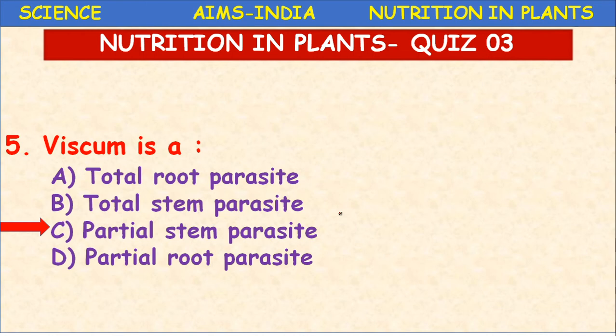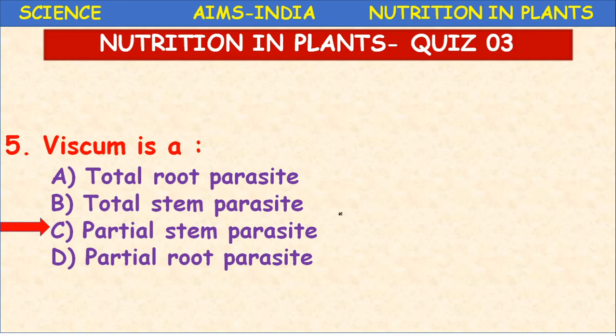Mistletoe, okay, it is a partial stem parasite. So two names are there. For example, Cuscuta is also called Dodar, Amarbel. According to the location and the mother tongue of the people, they have some common names, but the scientific name is unique. Everywhere the same name will be there, but certain vegetables and fruits have local names. Okay, right.